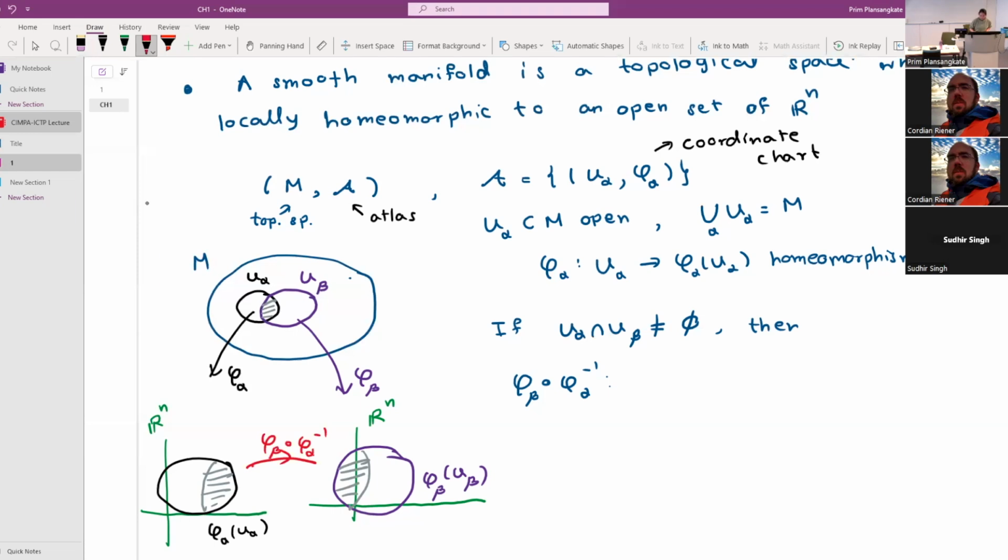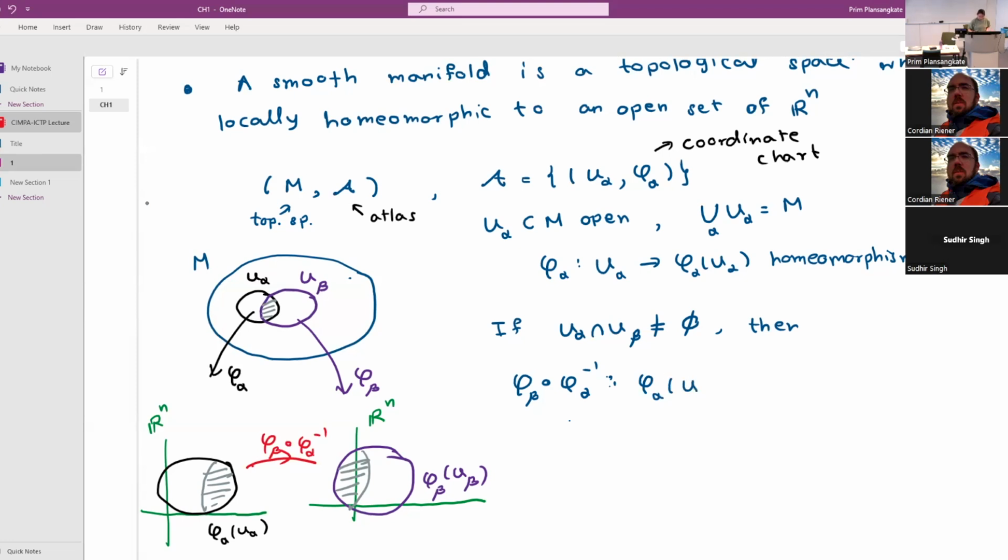So the condition for a smooth manifold is that this map, which maps from this gray region on the left, which is the image of the overlapping region,